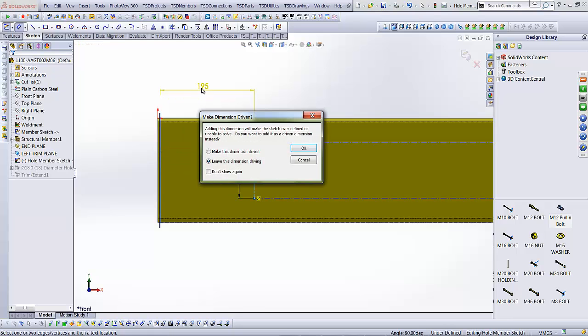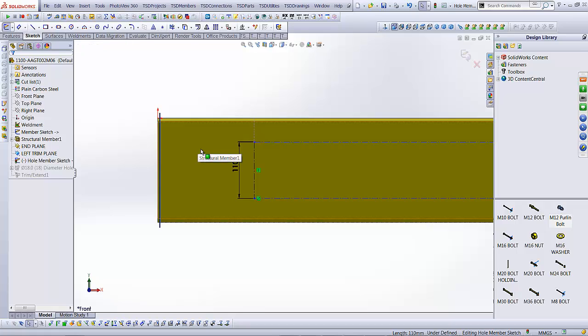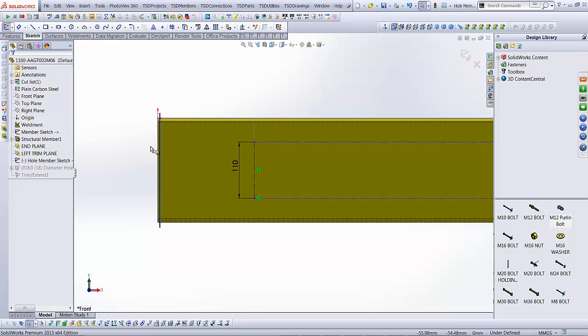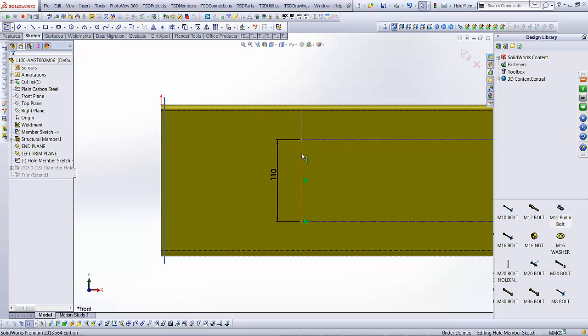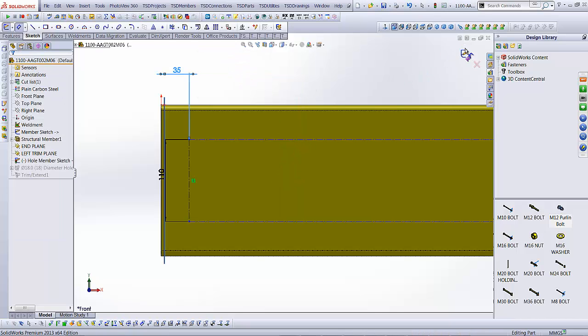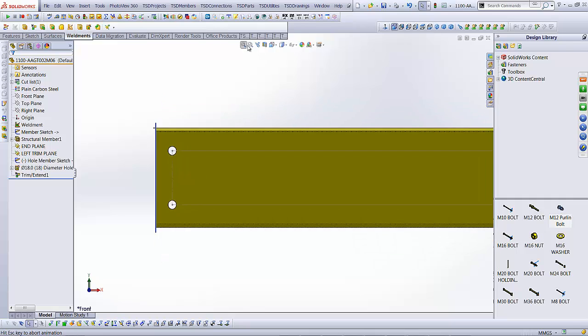So now in this instance we can come back to the driving sketch, select the vertical and the plane, and if you have not got this in order, it will look a bit funny. I'm a little perplexed with that one because the holes actually, the driving plane comes after, and we've got some sort of, okay, there's a collinear, so I'll just remove that relationship. Select that plane because that's the trim edge, make that 35. Okay, so we've got 35 from the trim,